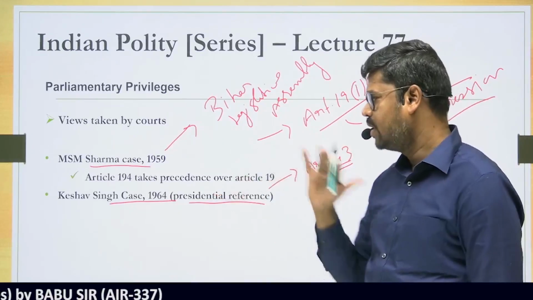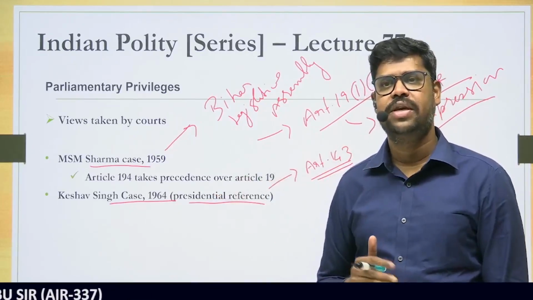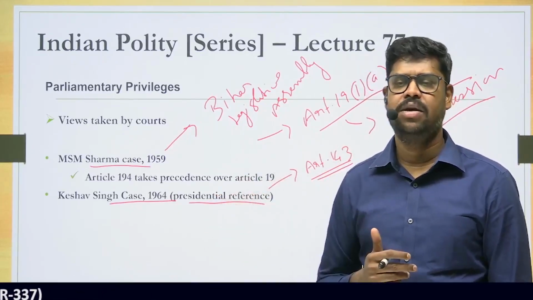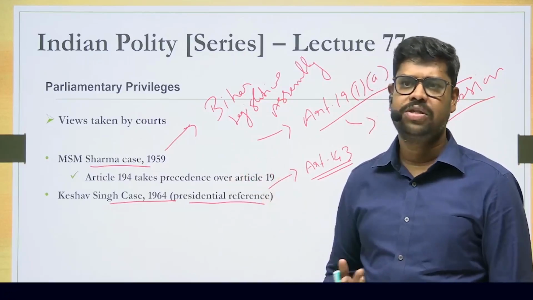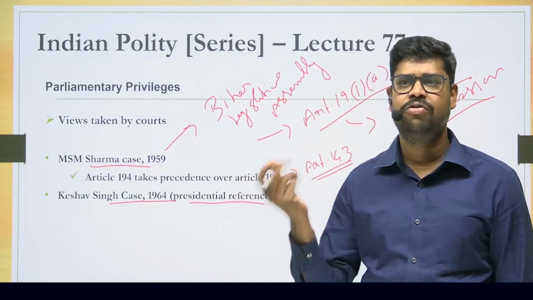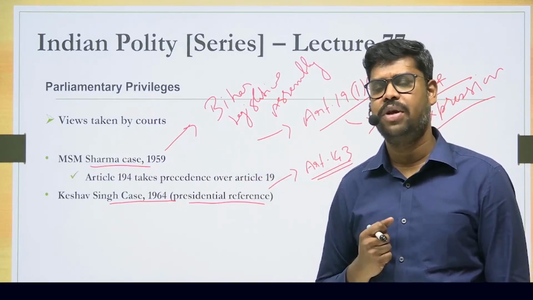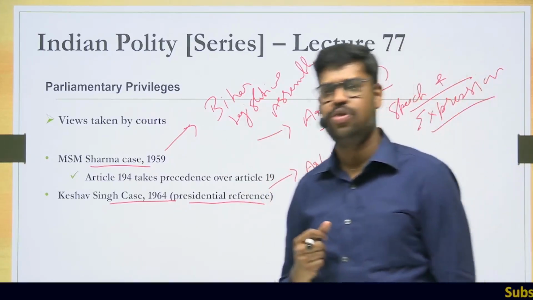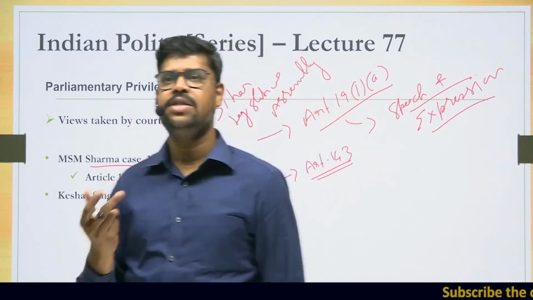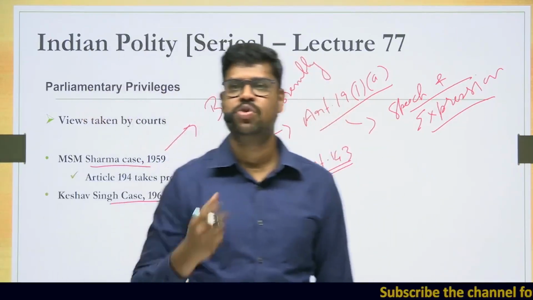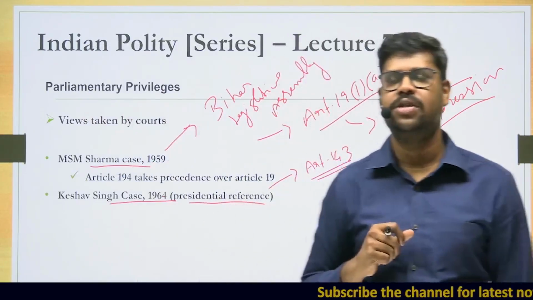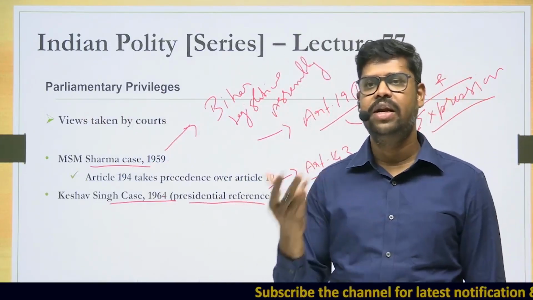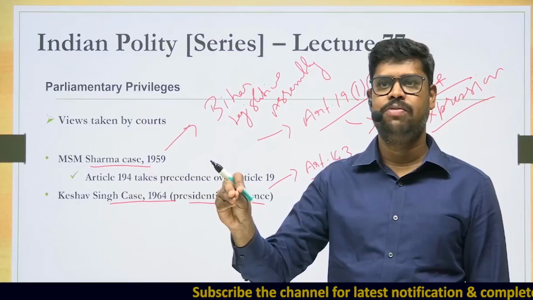Now, what happened in 1964 in the Keshav Singh case? Keshav Singh was a Socialist Party worker. He believed in socialist ideology, so he was very critical of the Congress government, I think, at that point of time in Uttar Pradesh, and he criticized the members of the Legislative Assembly of Uttar Pradesh. So he was sent a summons by the Uttar Pradesh Legislative Assembly, but Keshav Singh denied the first summons, so a second summons was sent,